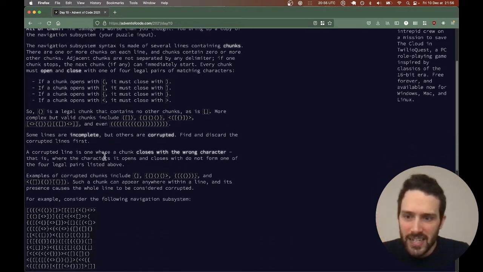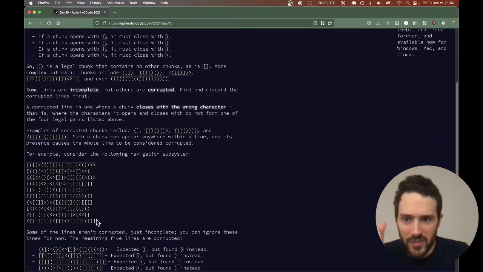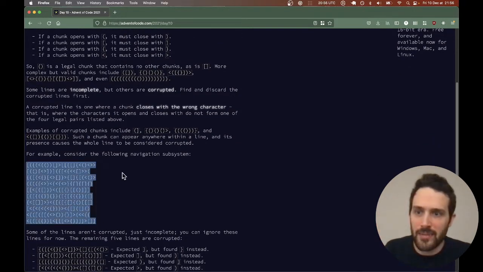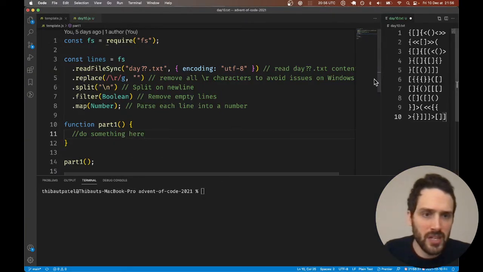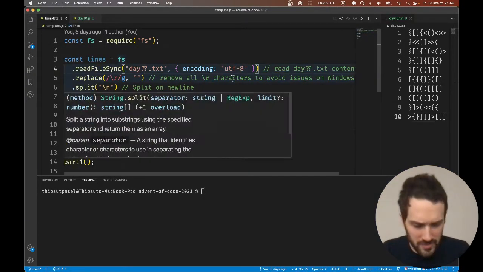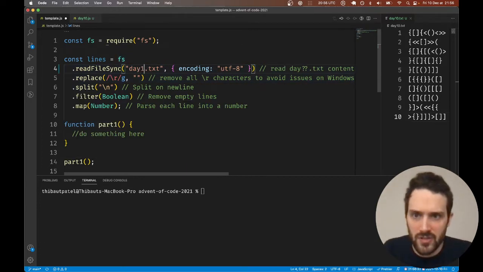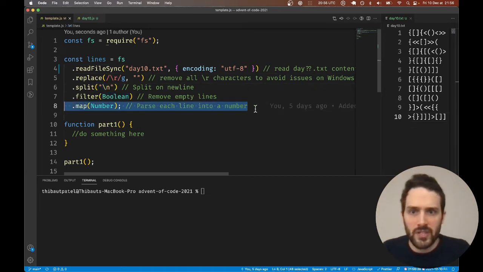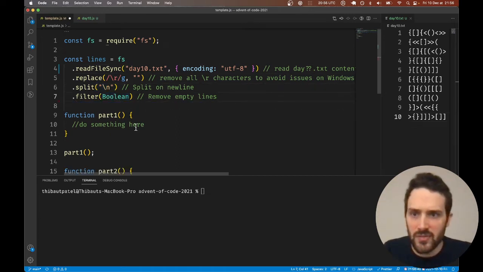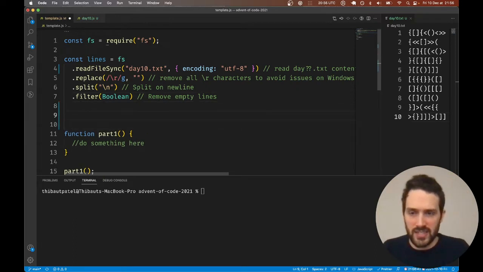Let's start talking about our input. I've read the problem statement already. This is our input, I'm going to paste it here. Before reading the problem statement and everything, I'm just going to start by reading the input correctly. We don't need to parse each line into a number. So here, as every day, we are just loading the lines to make sure